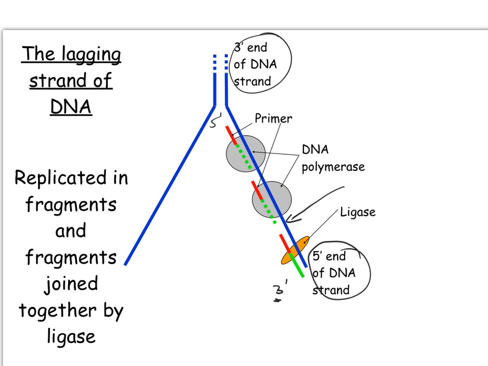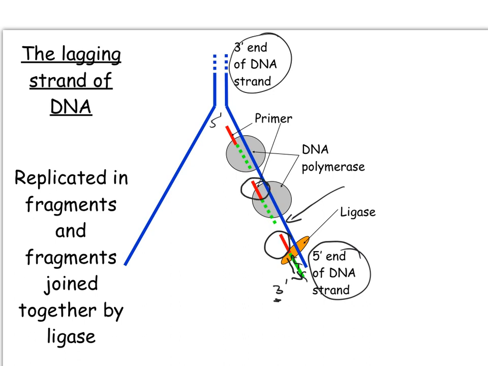As these template strands have separated, then what happens is a primer attaches itself, say here, and then that means that the DNA polymerase can then add the nucleotides in this direction, in other words the 5 to 3 direction, adding them on the 3' end here. So you get a section of DNA that's been made, and then another primer attaches itself